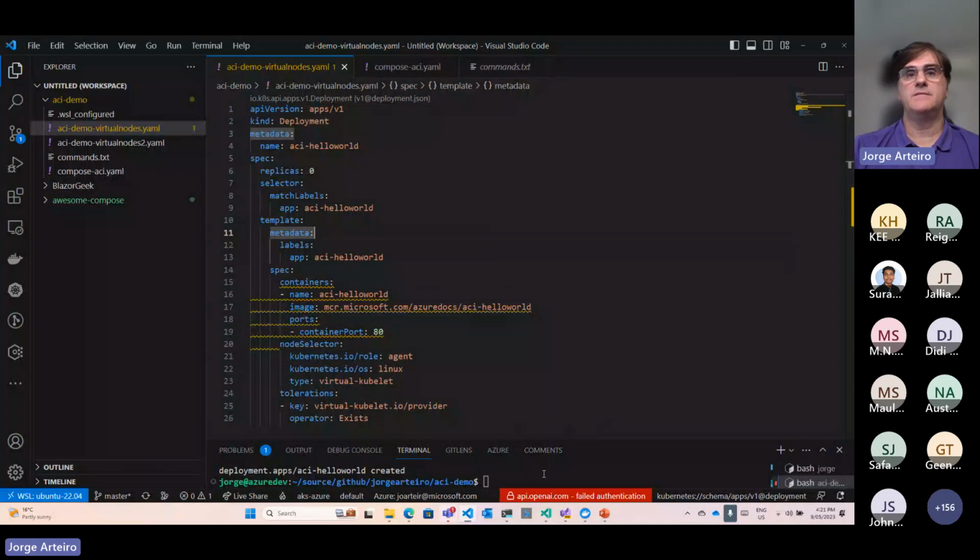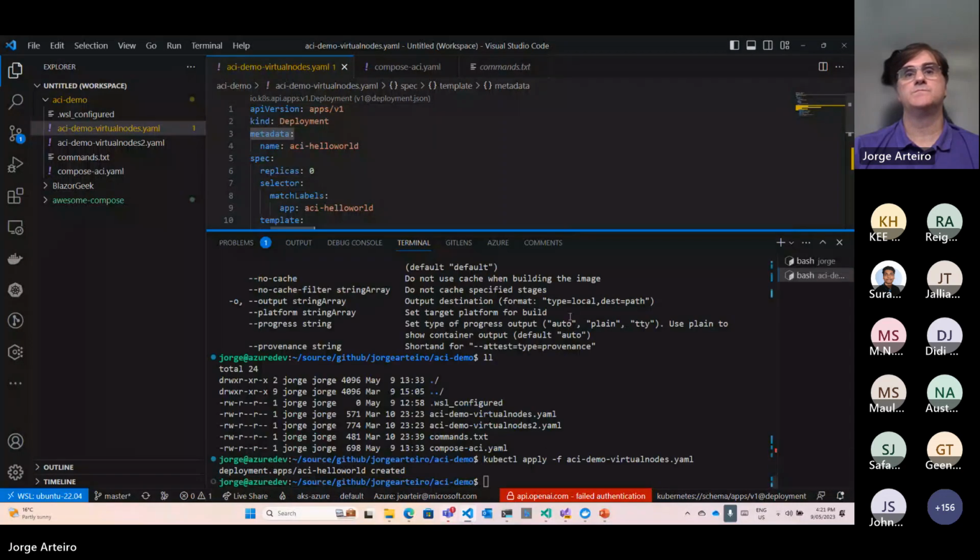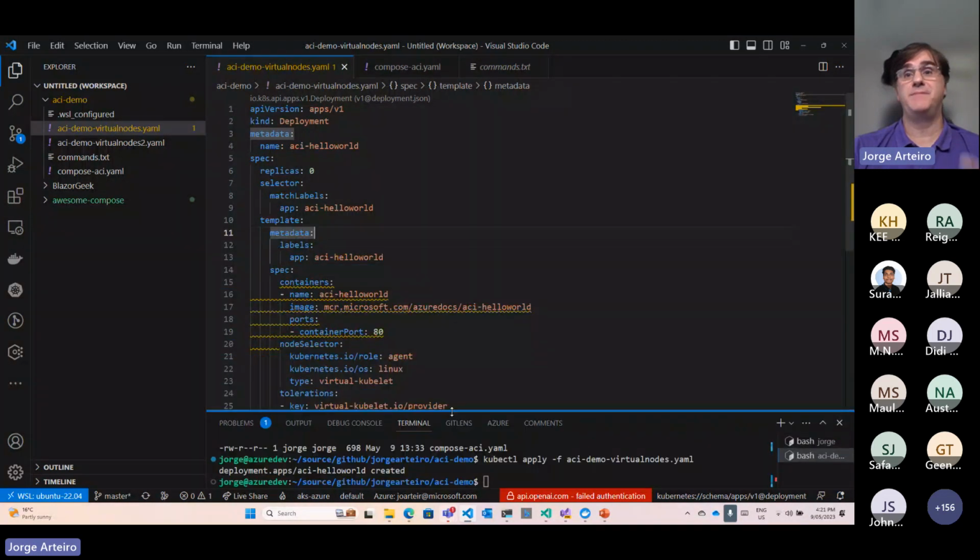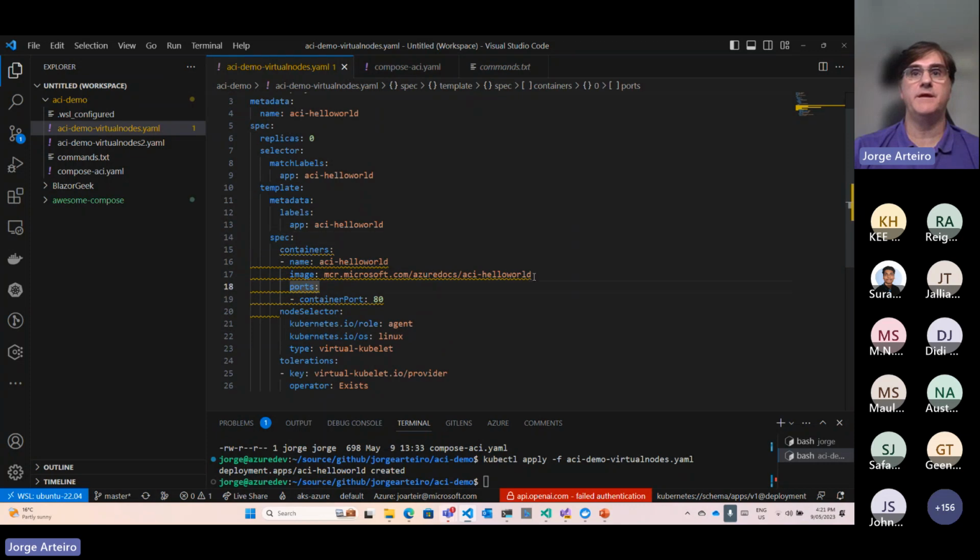When I run that command, kubectl apply -f, this file, I'm sending to the Kubernetes API, remember the API server, I'm sending this deployment YAML file, asking it to run this container image, ACI hello world, and I'm telling it, look, don't run that inside Kubernetes. I want to run this on virtual kubelet, that's Azure Container Instance. The same way that I was running from Docker, I can do from Kubernetes.